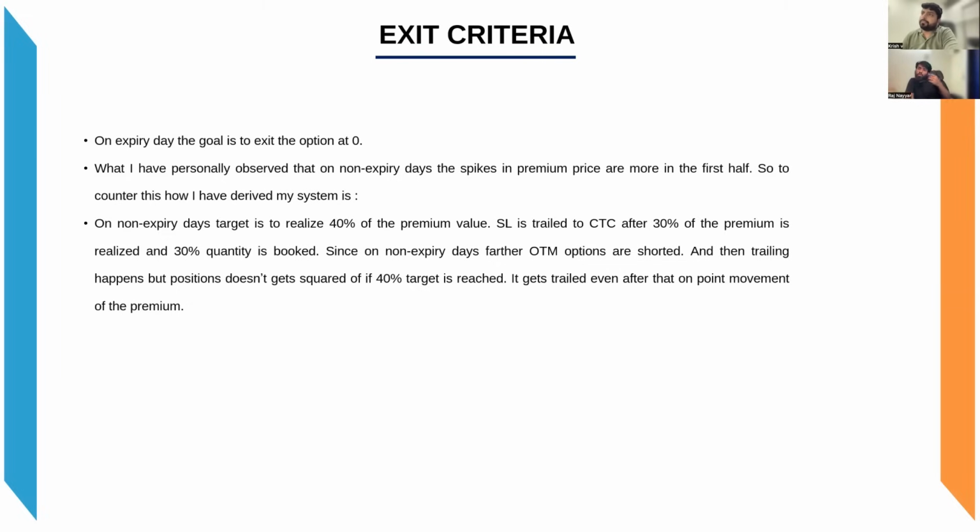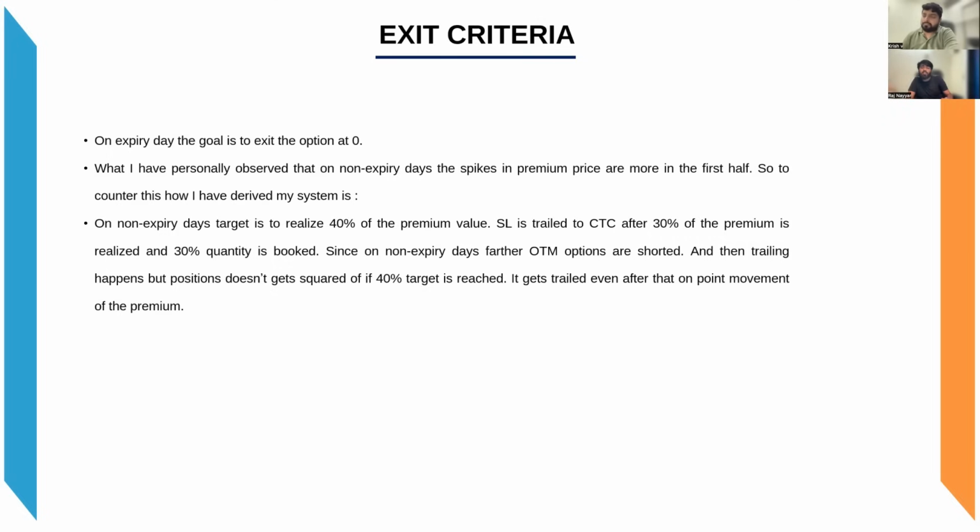क्या करेंगे उस टाइम में थोड़ा क्वांटिटी को मे बी शायद बुक भी कर ले। तो अब क्या होगा कि 40-30% पे आ गया, हम उसको कॉस्ट टू कॉस्ट पे ट्रेल कर लिए। अब क्या है कि 40-30% अगर आया है तो दैट मीन्स द मार्केट इज मूविंग इन माई फेवर। हम क्या 20-30% बुक किए नहीं किए दैट्स ऑल ऑन मी, हम उसको बुक किए तो वेल एंड गुड। अब अगर 40% भी आ गया है तो हम उसको पूरा बुक करके एग्जिट नहीं करेंगे। अगर क्या पता अगर ट्रेंड कंटिन्यू हो गया, मार्केट मेरे से भी ज्यादा फेवर में आ जाए, तो भैया 70% तक भी तो रियलाइज हो सकता है, 80% भी रियलाइज हो सकता है।